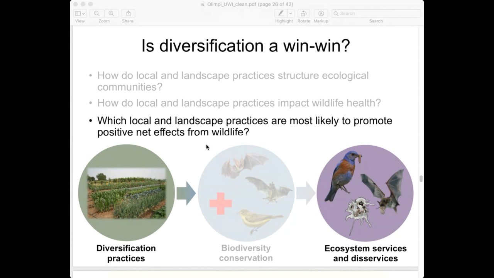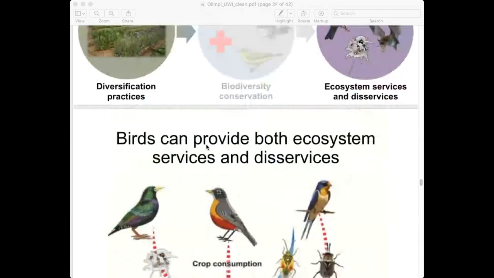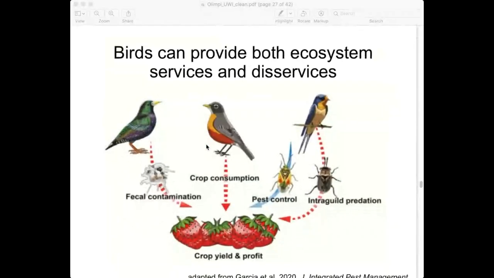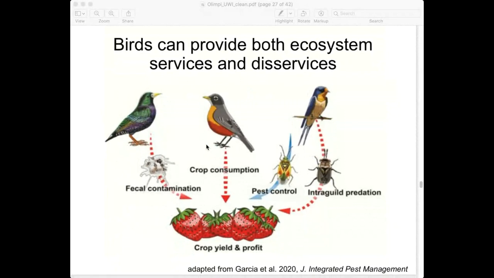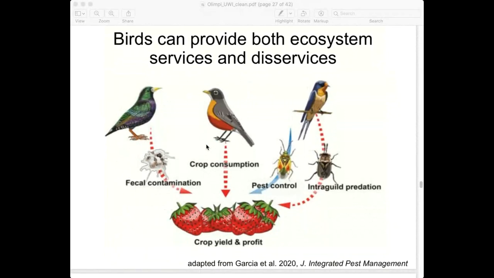So this diagram, next slide, please. The diagram that is coming up represents the four main pathways by which birds would affect strawberry production. They might consume crops like an American robin. They could consume insect pests like a lygus bug, or they could consume beneficial insects like a big-eyed bug here, engaging in intraguild predation. And then the last pathway, the part you guys have all been waiting for, is the fecal